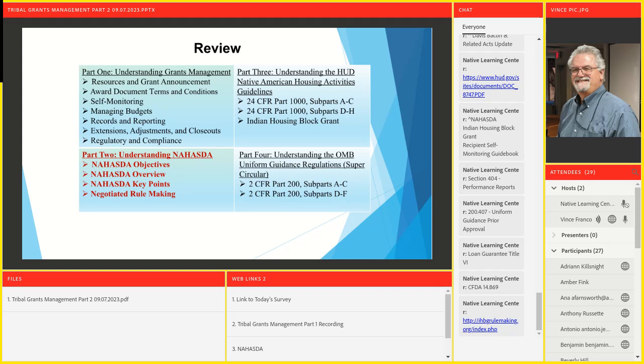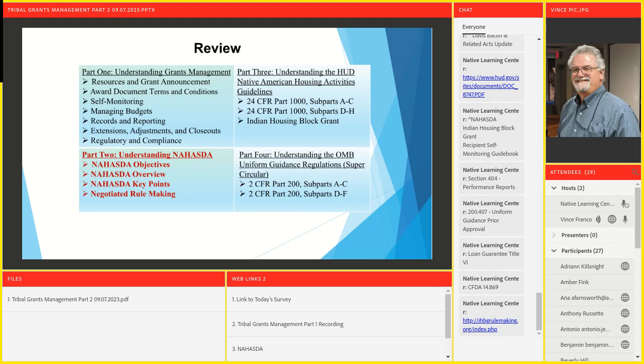And section F gets into audits. So D, E, and F are really the areas of the uniform guidance that apply to us as users of the Indian Housing Block Grant and other funding. So basically, when we get to part 4 and we're talking about the uniform guidance, we go beyond Indian Housing Block Grant. It's any organization that receives federal funding. The uniform guidance applies to churches and schools and nonprofits and tribes and any entity that receives federal funds. It's very broad in scope.